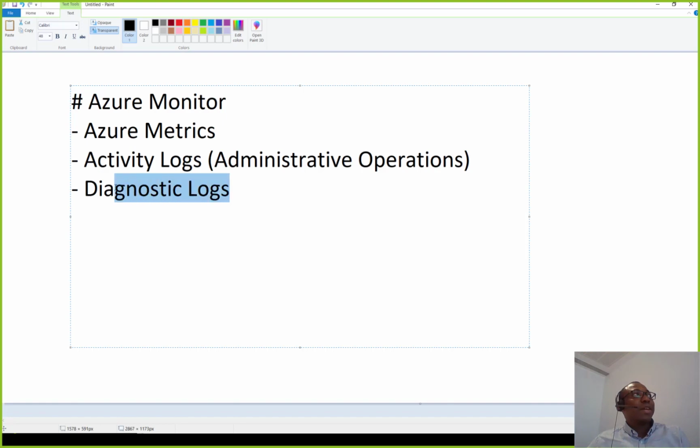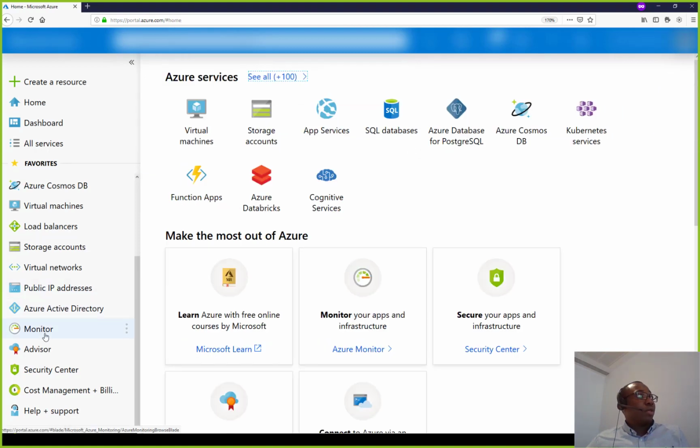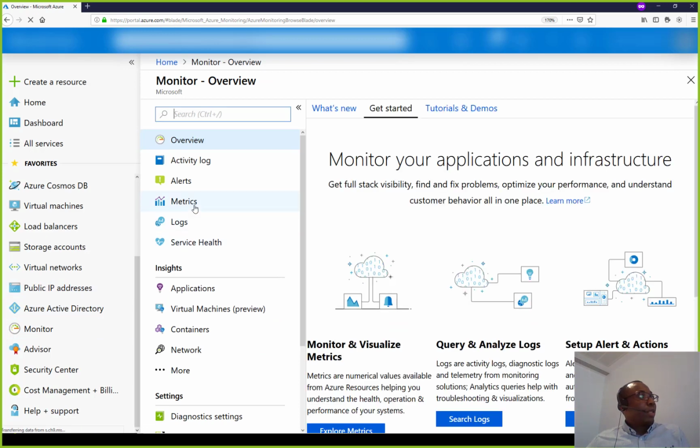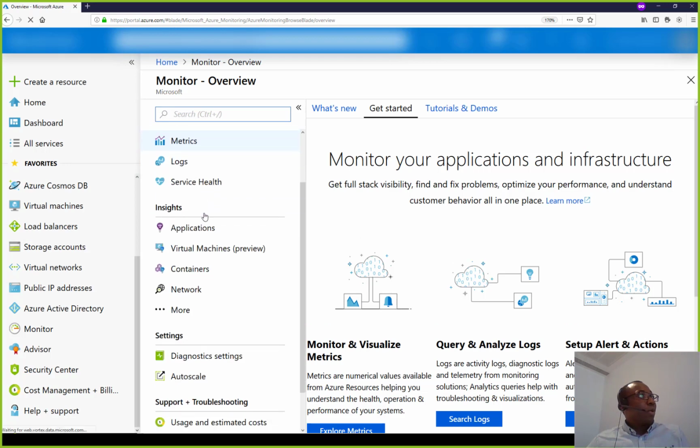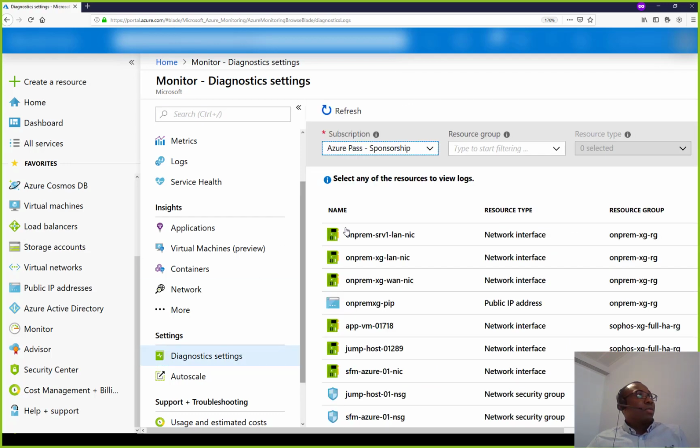This one you need to actually go and deploy an agent and then collect this information using that agent. So let me show that to you very quickly. If I go back to Azure Monitor, I have metrics. I've showed you that. I have activity log, but we can also do diagnostic log. One thing that you notice is that if I go under diagnostic settings over here, what that allows me